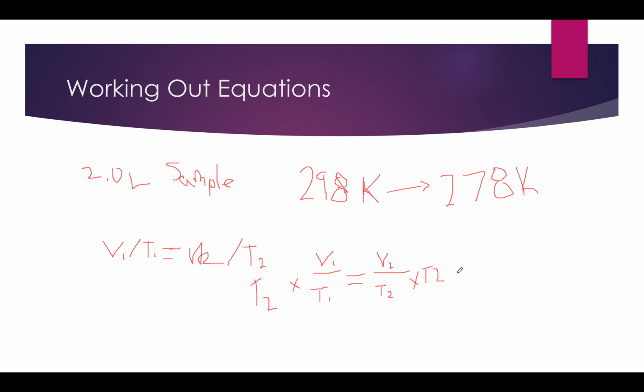So that equals V2. So we're going to have V2 equals T2 times V1 over T1. We're still going to keep that T1 because it's not T2. We want to still keep the quantity of T1. T2 equals 278 Kelvin